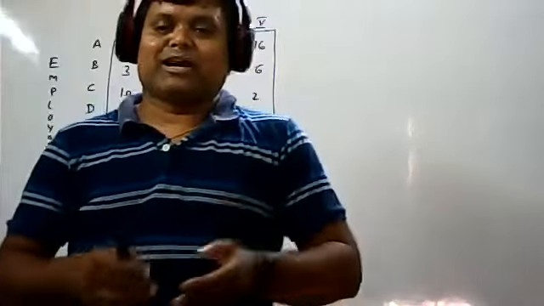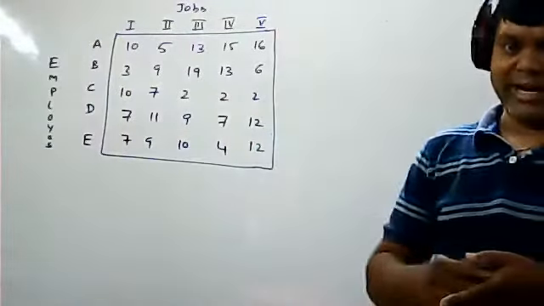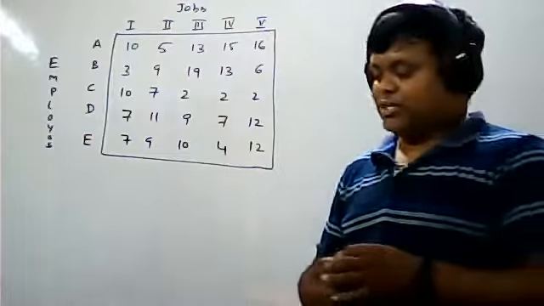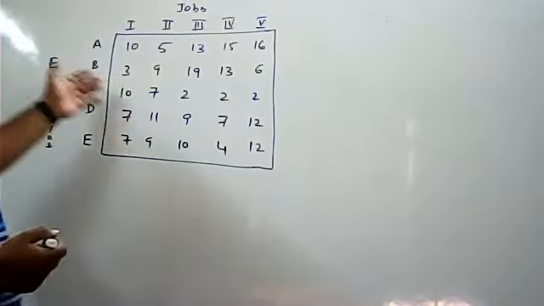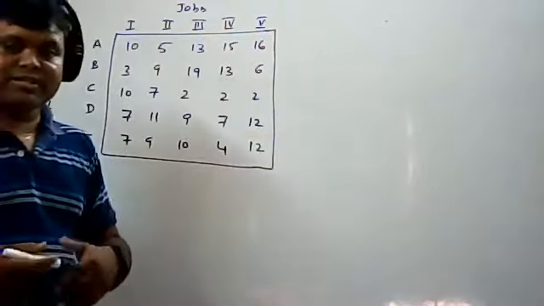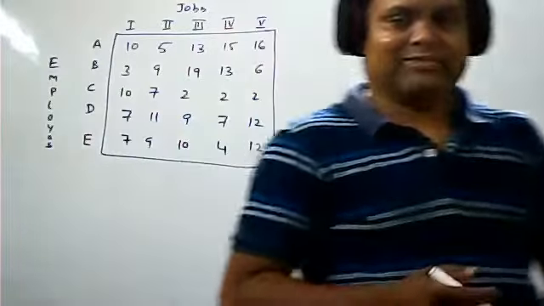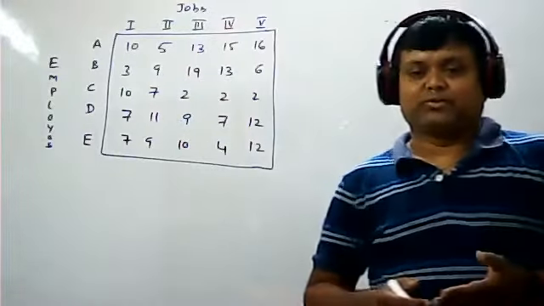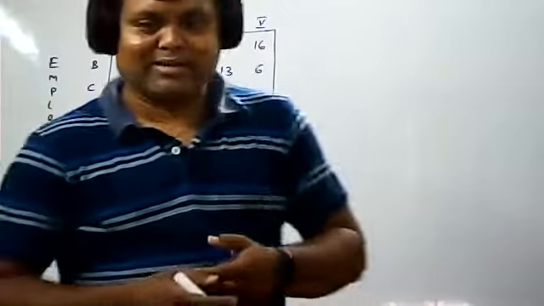So what is the optimum assignment, or the optimum cost? You have to calculate it using the Hungarian method. You know the steps. What is the first step? Step number 1 is to check how many rows and how many columns are given. If they are equal, you can directly go to step number 3. If not equal, you go to step number 2 and introduce a dummy row or dummy column. That model is called the unbalanced assignment problem.